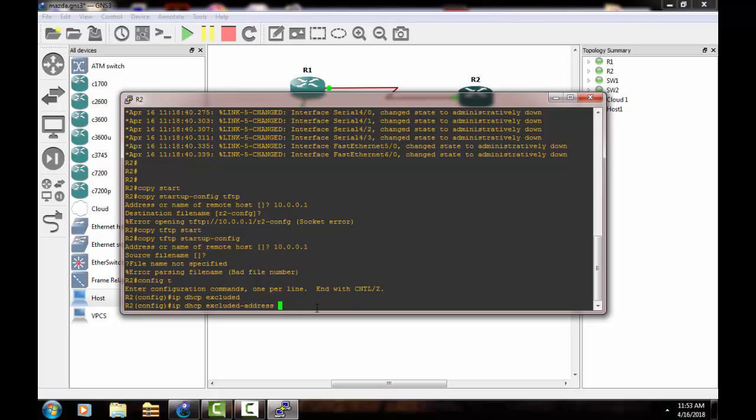Right here I'm going to use two addresses, for example 192.168.4.0. This is my class C IP address for network 4, 192.168.4.0, and now I have to give another address, that is the range of addresses, which is basically the total addresses which I want to exclude and which should not be given to the hosts. Now I'll write another address which is like